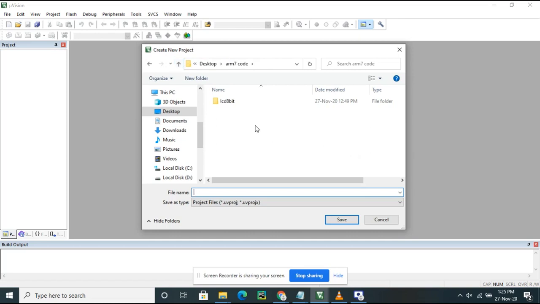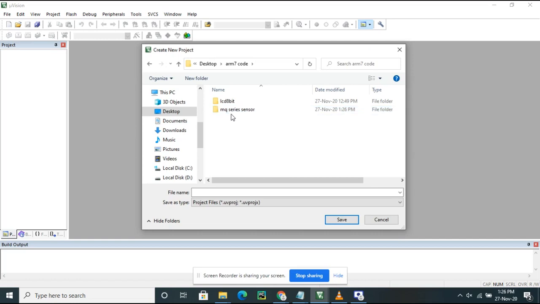I always suggest that whenever you create a new project, you create a new folder first and give it a name. I'm giving the name MQ series sensor. This is my folder name.